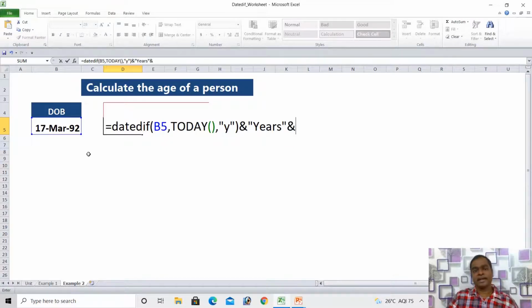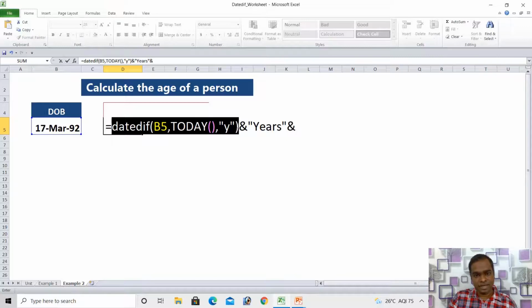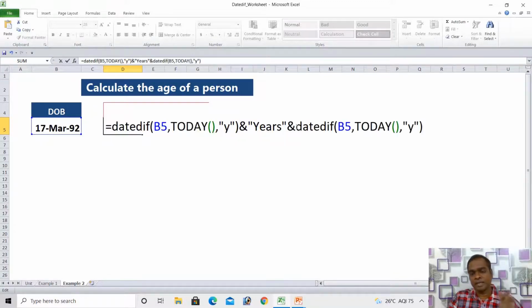This part gives me the number of years from the date of birth. So again copy that and paste it. Here I'd like to change it to months, so I'll use the YM code.